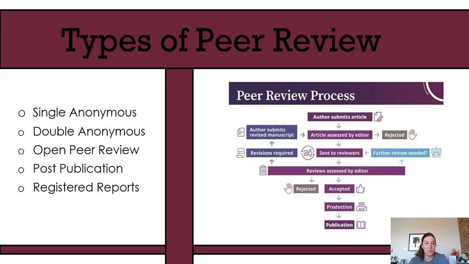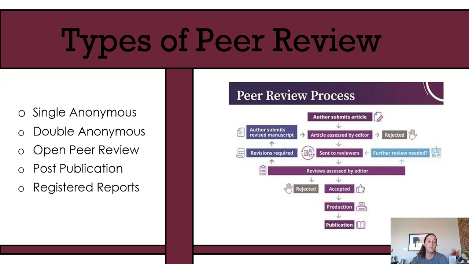Then we have the post-publication review, and this is where it's put under peer review before publication, but it could also be published without a peer review, and it can request viewers, or people reading this journal, to review that particular article, and the author can then change things. This one, for me, is more